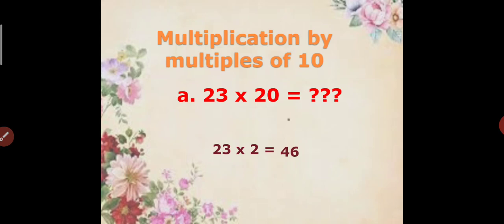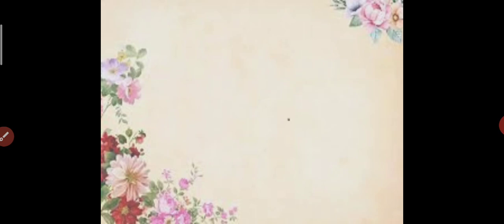Then after that, how many zeros did we leave? Write that same number of zeros. Of 20 we have only one zero and that 0 we have written there. So simply you got the answer very easily. 23 into 2, 46 and add 0. And we are moving to the second example, question number B.